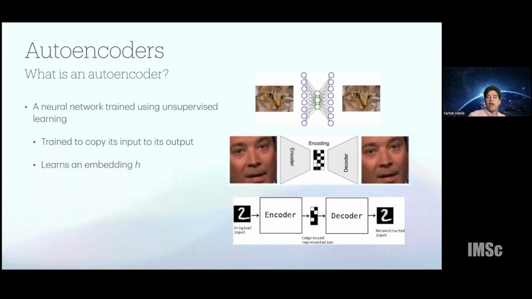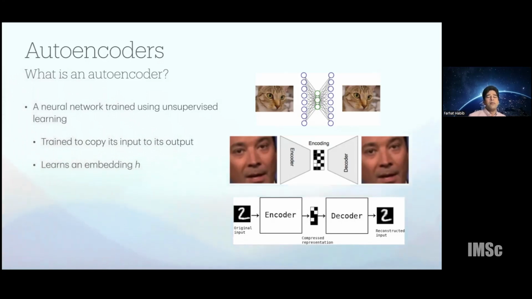If you look at the top neural network-like representation with the two kitten faces on either end, this network is taking in an image and passing it through a small bottleneck layer. You have a large number of data points going in, and the same number coming out, but in between, the number of data points is very small. So the network has to find a compressed representation of this data.